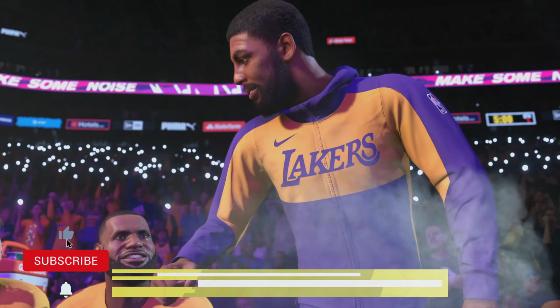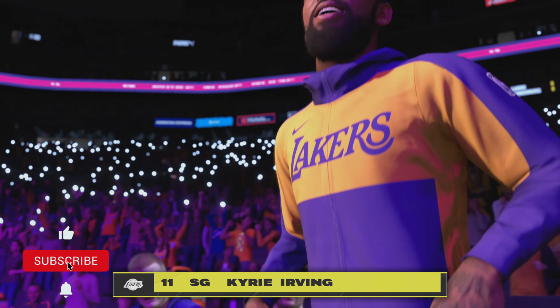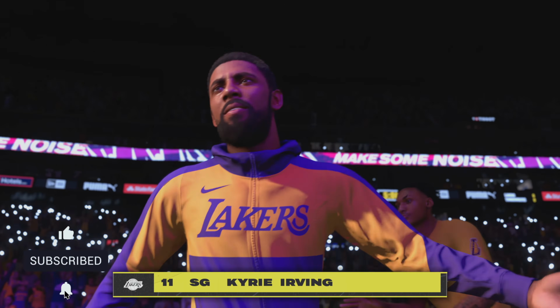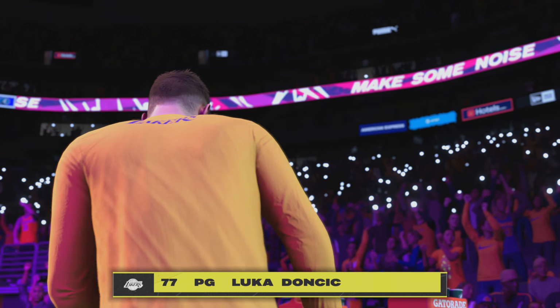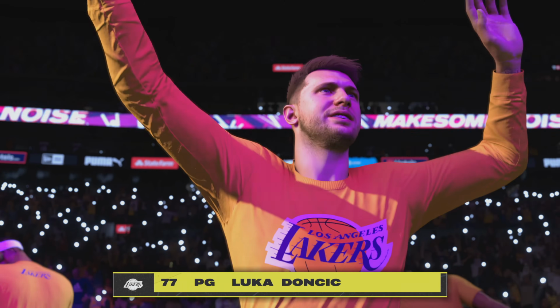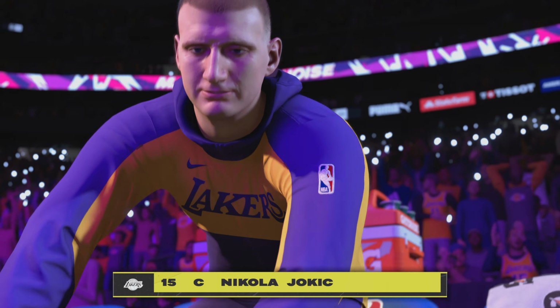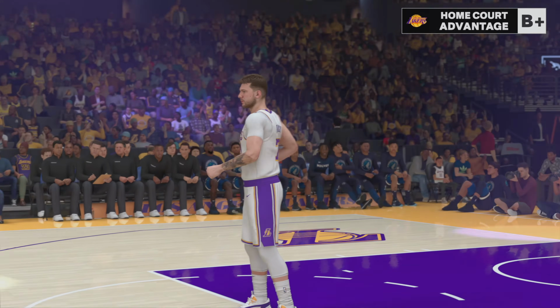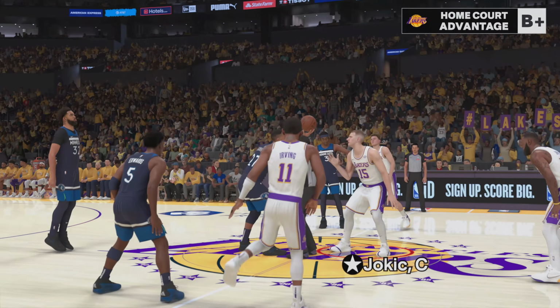What's going on, guys? Today, we're going to be taking a look at how you can turn off the salary cap in NBA 2K25. Now, there's two ways to do this. You can do it before the season starts and while you're in the middle of the season. So if you're trying to create that super team, you can still do it. Let's go ahead and get right into it and look at how we can change these settings before you start